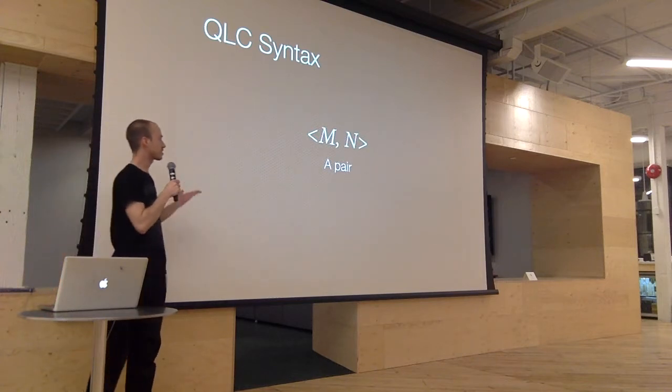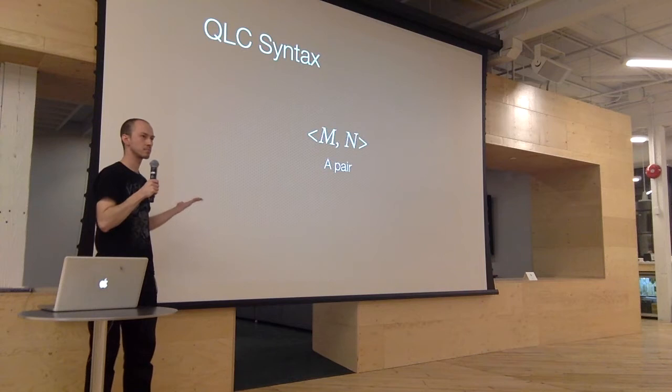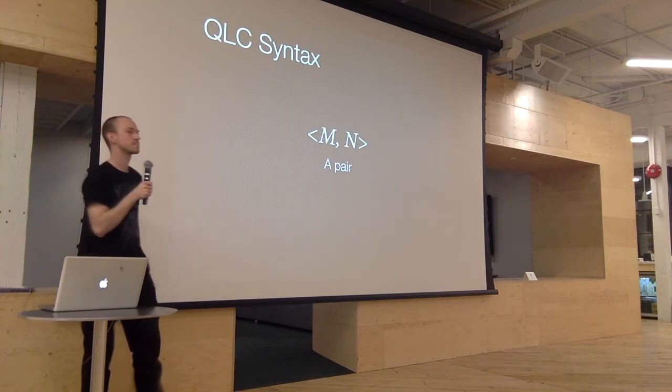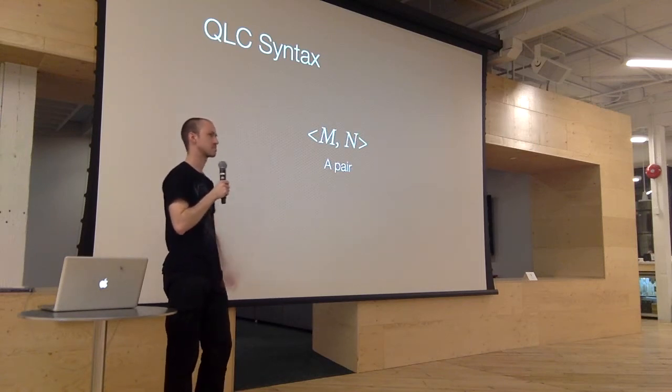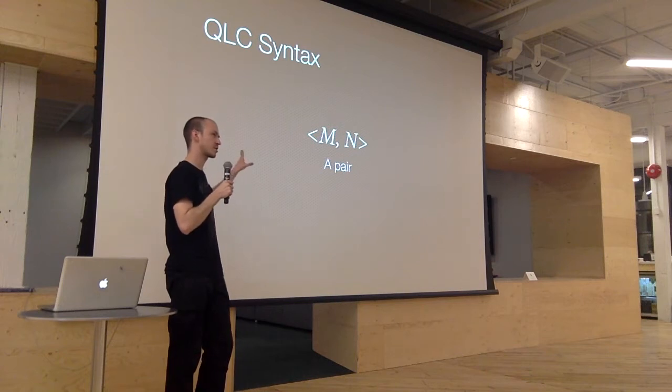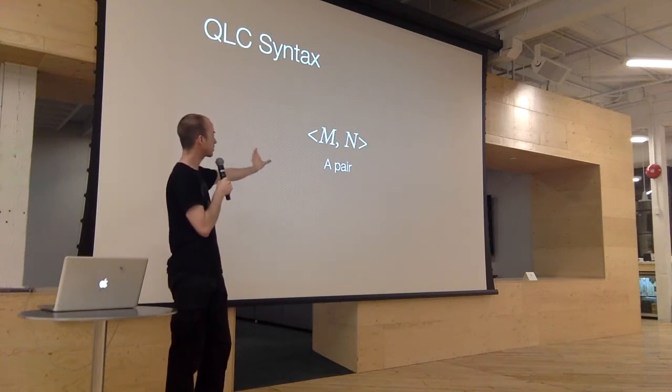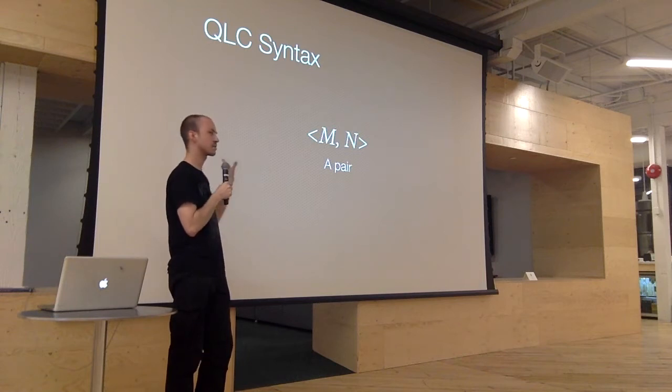So yeah, the pair is just like a tuple. It's just a primitive data structure. Sorry, just to clarify, whenever we see a capital M, N, or P, we should think of that as being both a qubit, but also any form in the language. It could be any expression defined in the grammar, or by an extension to the grammar. So this tuple, this pair here, doesn't have to be two qubits. That's just one application of it. It could be two functions that are in a tuple, because functions are first-class objects.